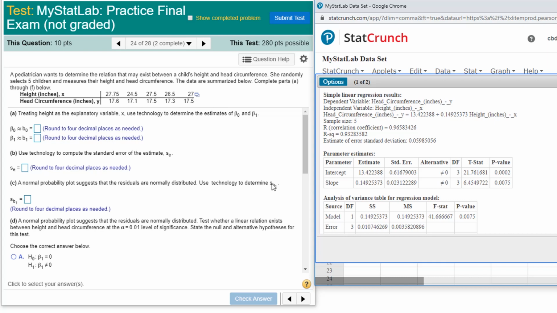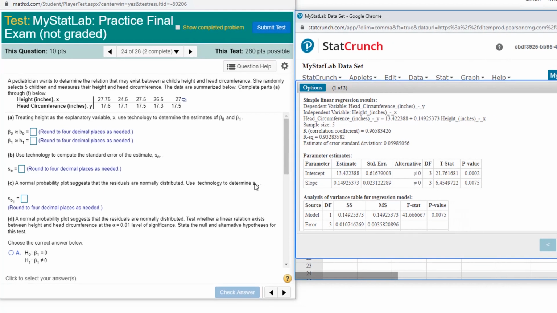Okay, so a pediatrician wants to determine the relation that may exist between a child's height and head circumference. She randomly selects 5 children and measures their height and head circumference. All right, so first thing we're asked to do is a simple linear regression. So what do we have? We're asked for B0 and B1. B0 is the intercept estimate. So we're asked for 4 decimal places,